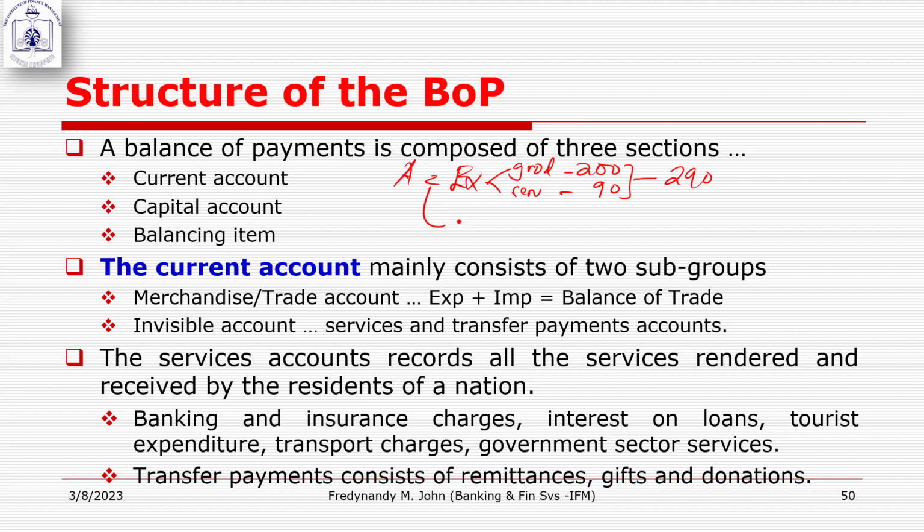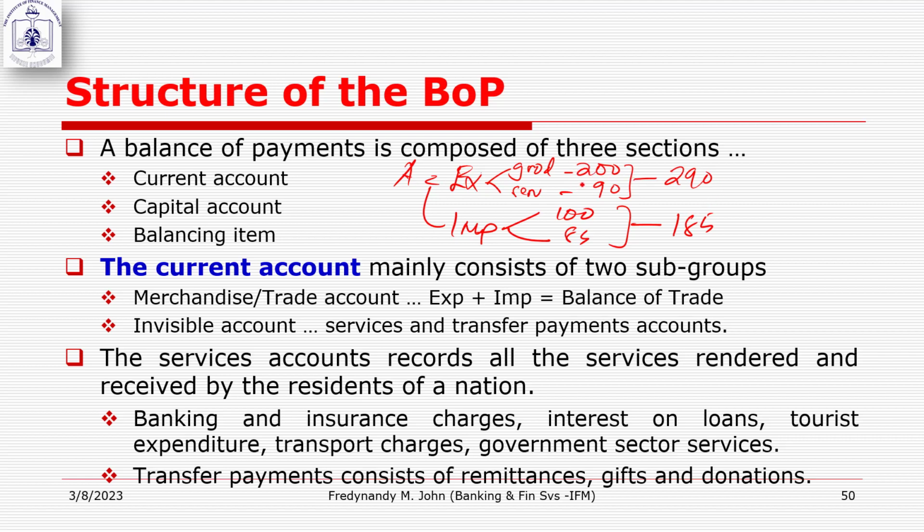Same country has the following values for imports. Imports of goods 100 and imports of services 85. So this one totals to 185. But look,